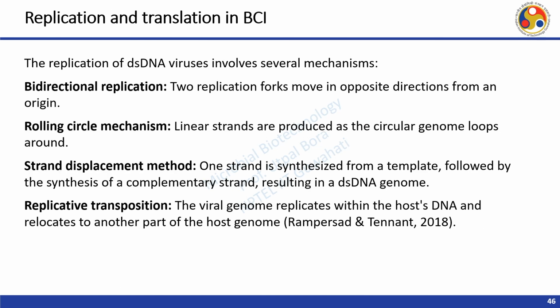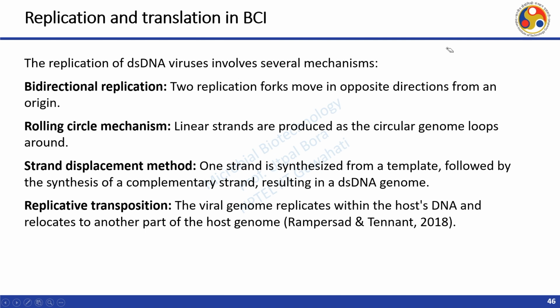Let us now look into the replication and translation of Baltimore class 1 type of viruses. The replication of double stranded DNA viruses involves several mechanisms. The first one is the bidirectional replication, where two replication forks move in opposite directions from an origin, but this model has now been revised, where in fact the movement is in the same direction due to the involvement of one single polymerase, and there is a looping which occurs to accommodate the steric hindrances resulting out of these kind